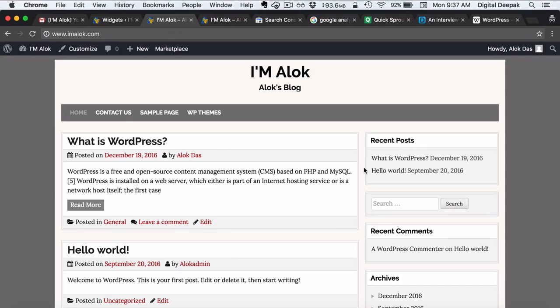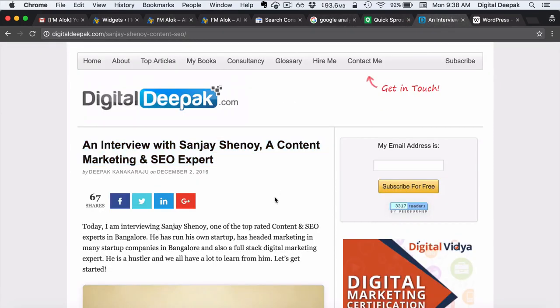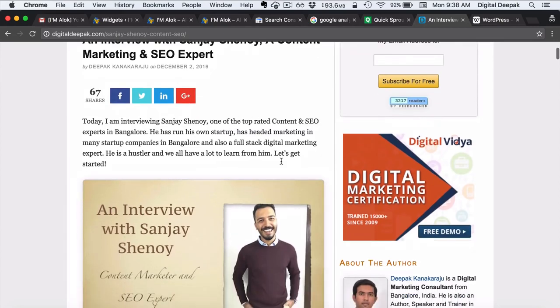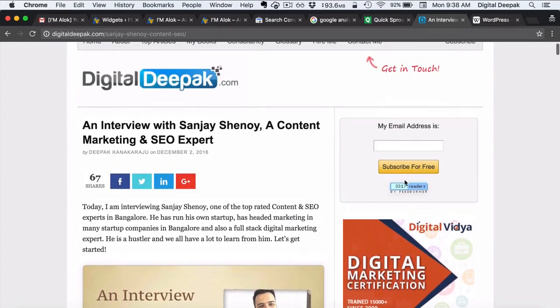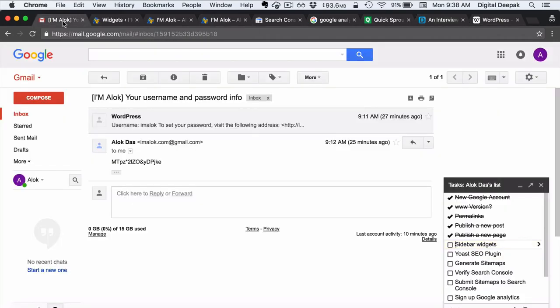There are themes which will have 2 different sidebars, one on the left and one on the right. There are themes which will have 2 sidebars on the right. But I recommend themes which have one section on the left and one small section on the right. That is the best way to go, and you can see that my blog also follows a similar structure. So there is content side on the left and then there is one sidebar on the right. So now we have had a look at sidebar widgets. Let's put a tick to it.